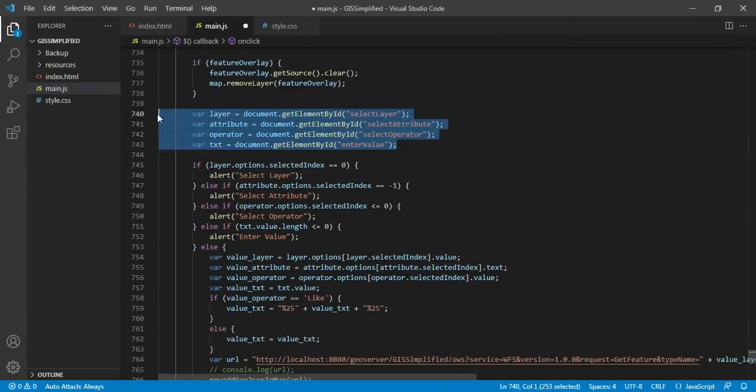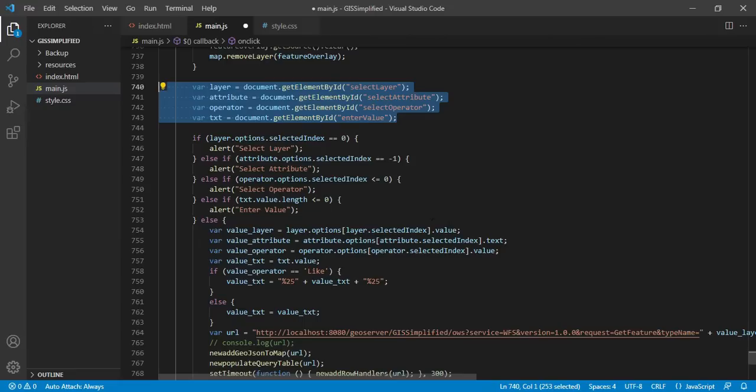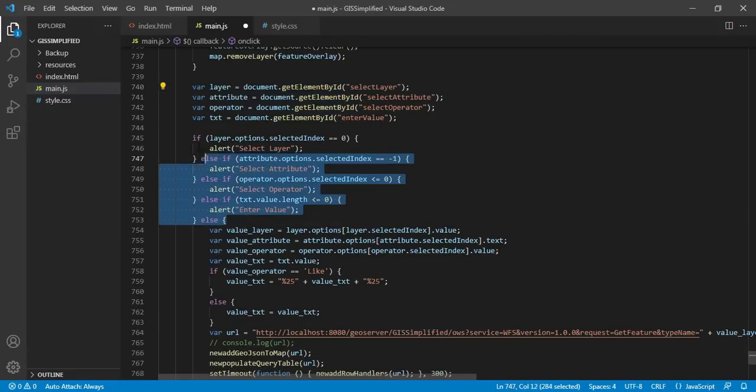You can see it is accepting layer, attribute, operator and values, and whether those values are provided properly or not, it is checking here in this part of the code. Once those values are checked, it will move ahead, otherwise it will give some error to the user.